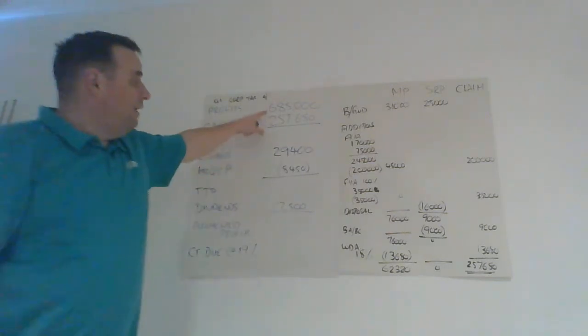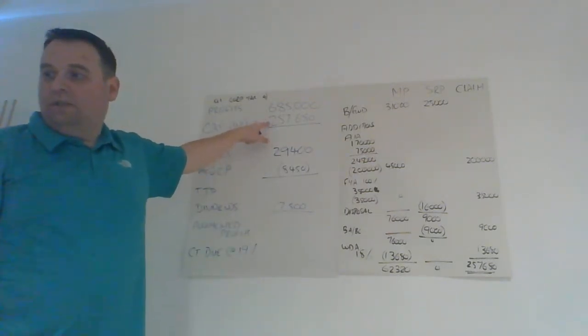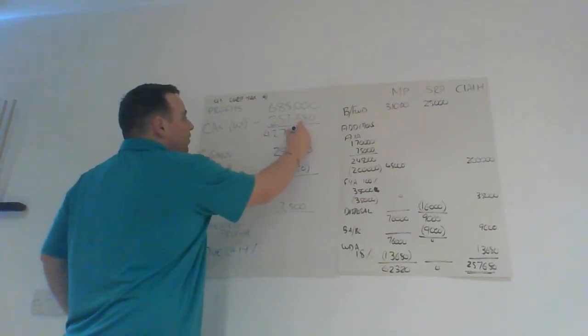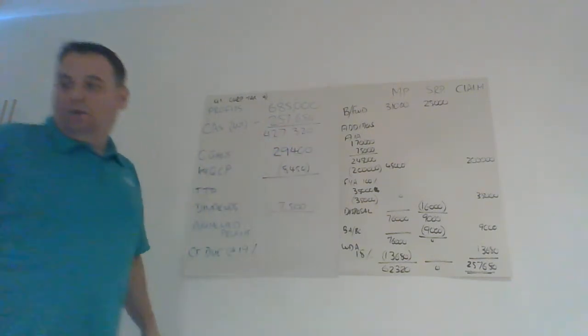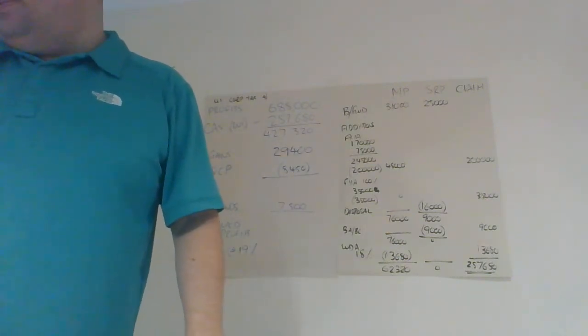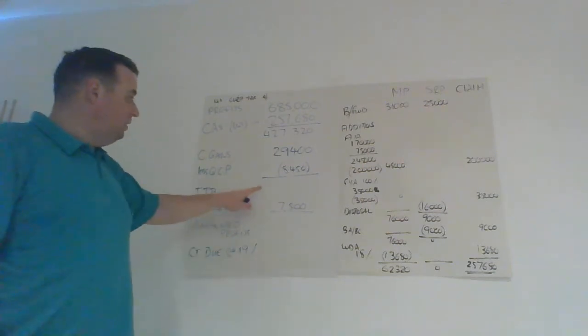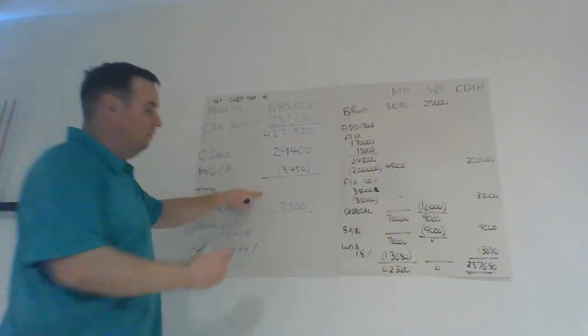So now we have our profits less our capital allowances, gives us 427,320. We add our chargeable gains, we take away our qualifying charitable payments, and that gives us our TTP